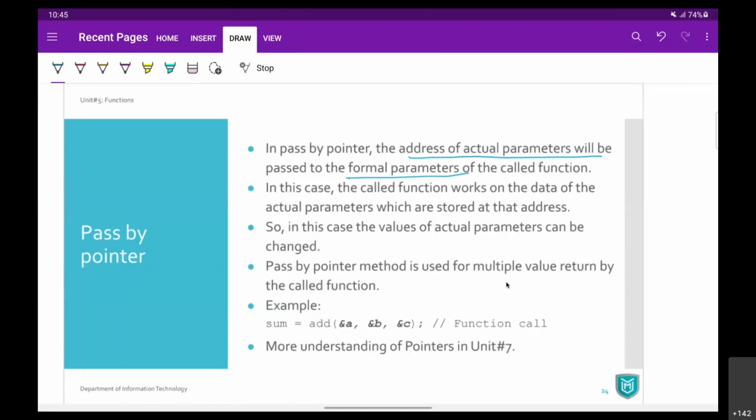Right? So when you call a function, then the called function is going to directly work on the original data because उसके पास address है. It is going to work on the actual data, original data, actual parameters. And because of this, we can change the value of actual parameters here because we are referring to the same data here. So remember, when you say it's passed by pointer or called by reference, when you are going for a pointer or a reference, you are actually accessing the original data.